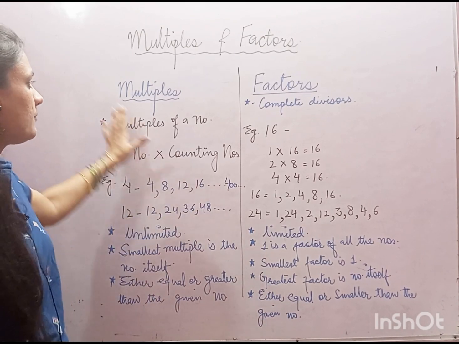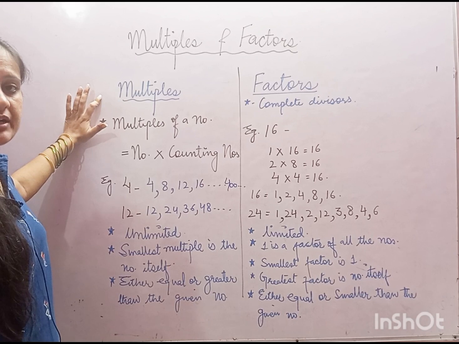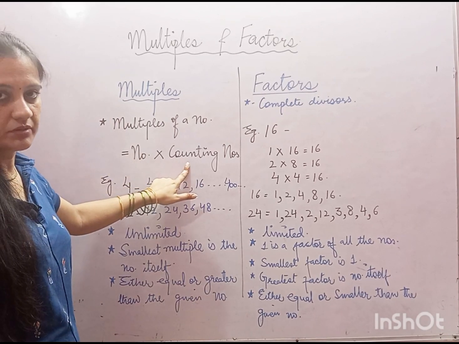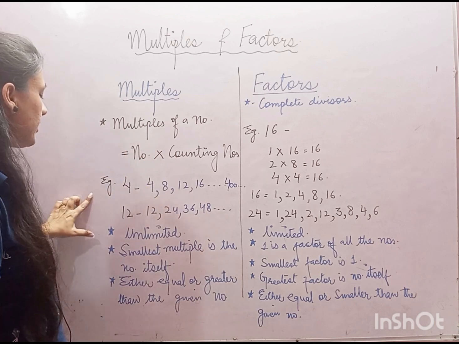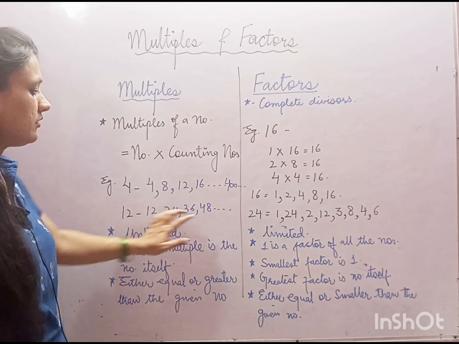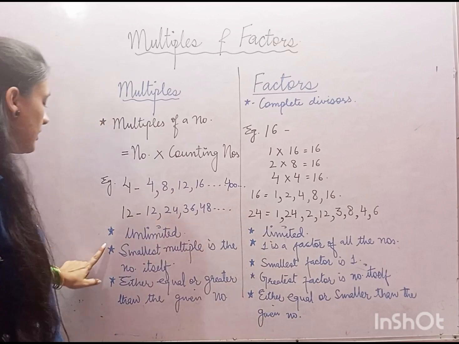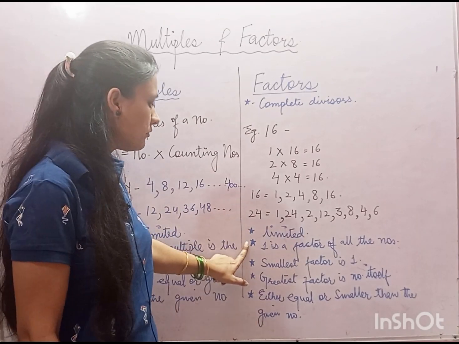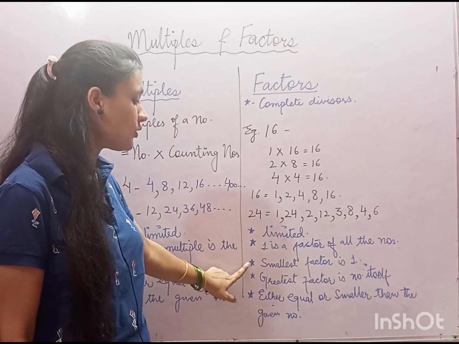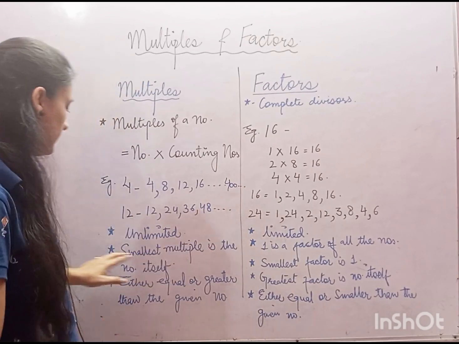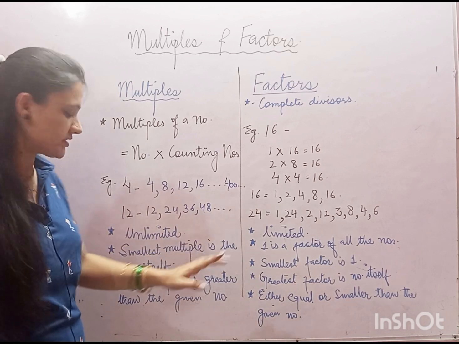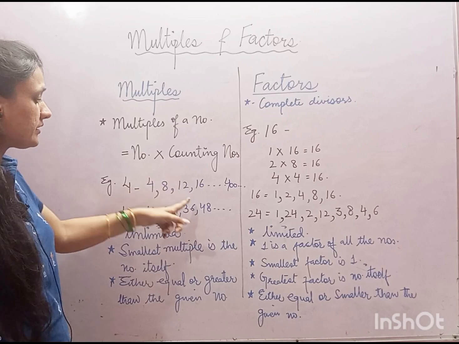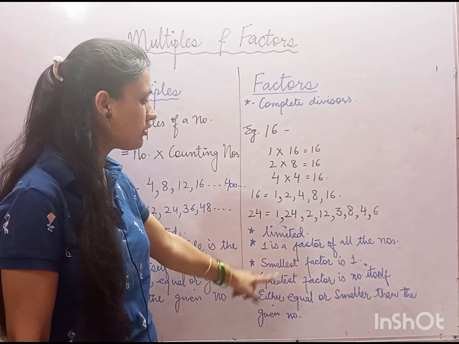So let us compare. First thing, how do you find out multiples? Multiply the number with the counting numbers, and you'll get the multiples. And what we have observed: multiples are unlimited, factors are limited. The smallest multiple is the number itself. Here 1 is a factor of all numbers and the smallest factor is 1. Greatest factor is the number itself. We can see multiples are either equal or greater than the given number, but factors are either equal or smaller